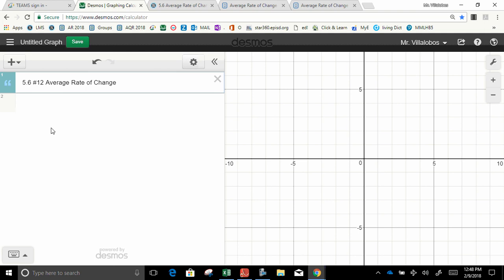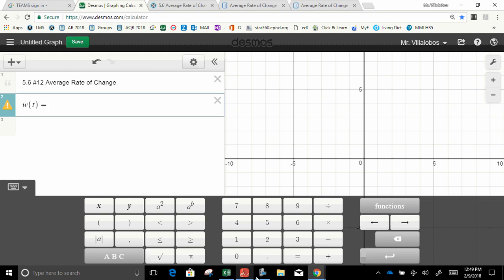Okay, so what is number 12? Let's read it. The weight, W of T in grams, of a tumor, T weeks after it forms, is given by W(T) = T squared divided by 15. Find the average rate of change of the tumor growing during the 5th week after it was formed. So, if you understand that correctly, we have to write the function W of T equals,